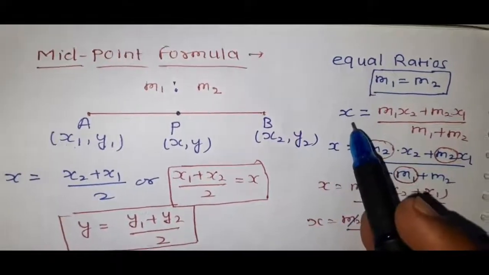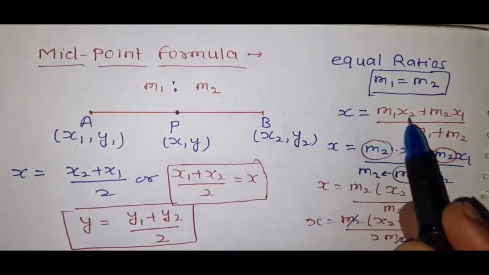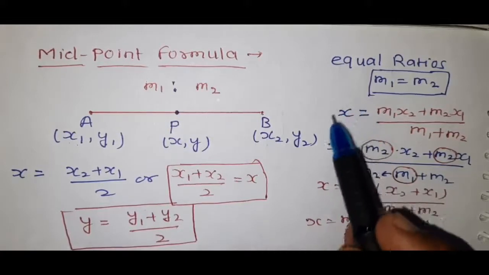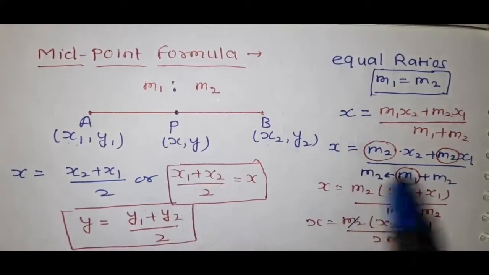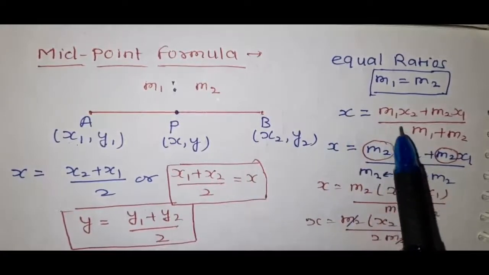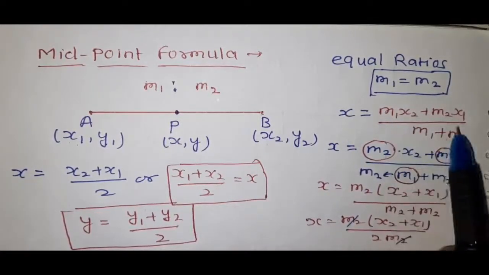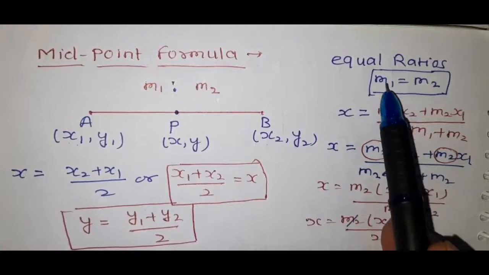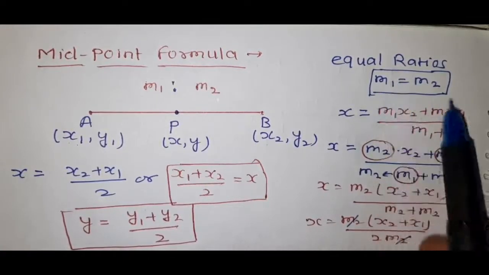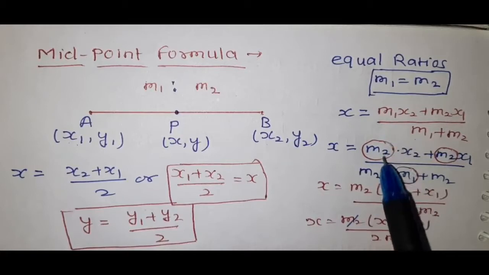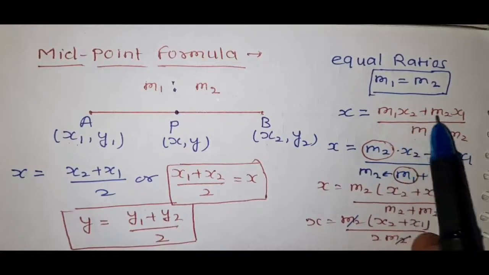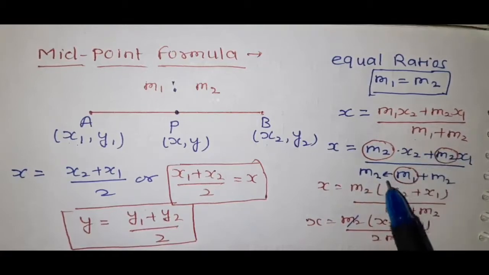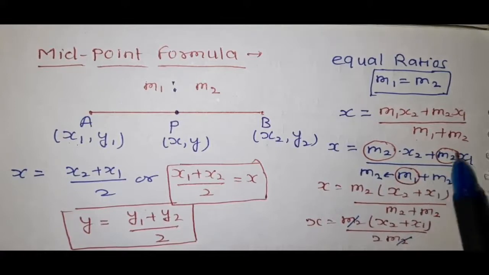So what is the section formula? Recently we have studied that x is equal to m1 x2 plus m2 x1 upon m1 plus m2. This is the formula to find the value of x, the abscissa of the point P. So let us convert all the values into the same format. Suppose we convert m1 into the form of m2, so all the m1s will be converted into m2. So x2 will remain the same, plus m2 remains m2 and x1, divided by, again m1 replaced by m2, plus m2 remains the same.